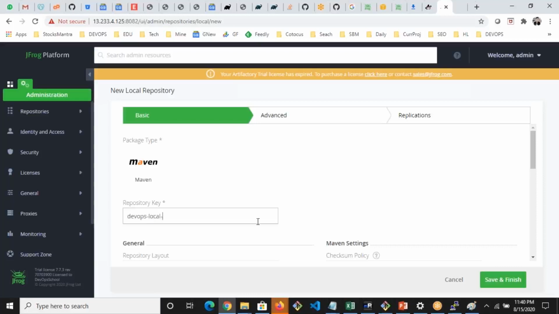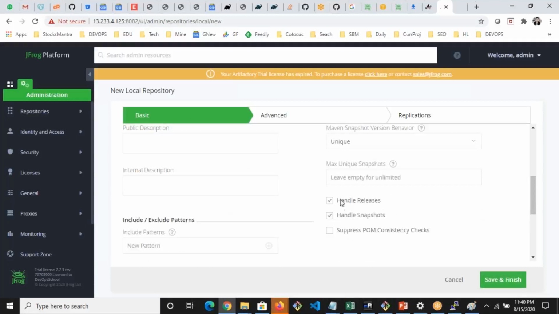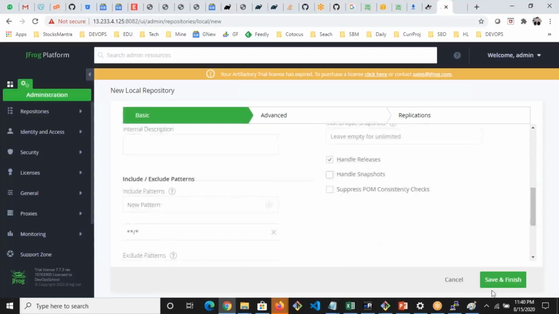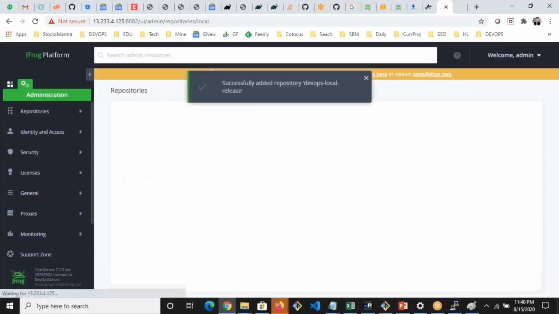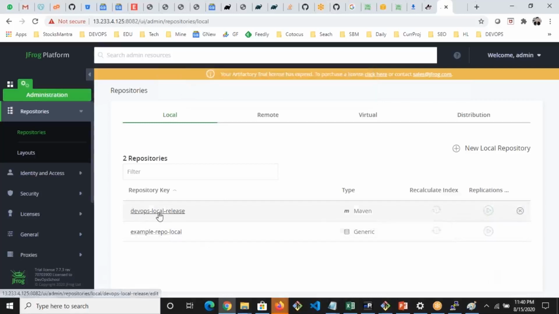Local, and the type is a release type. Here you have to select whether it will handle release or snapshot. Release. The rest of the things let it be as they are. Save and finish. So guys, I got this one repository, the DevOps local repository, and you want this URL,